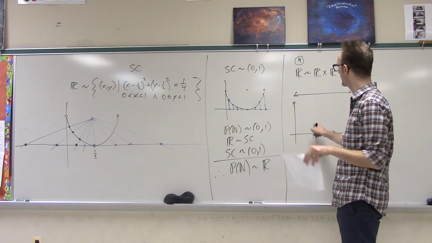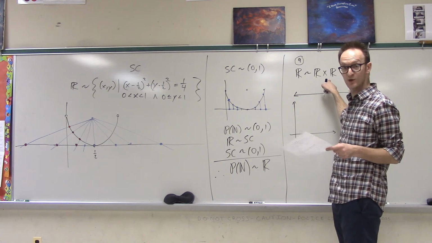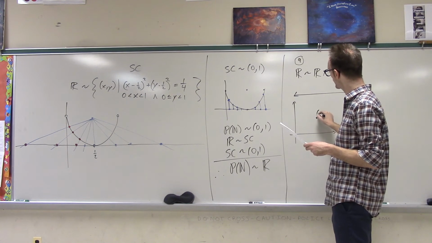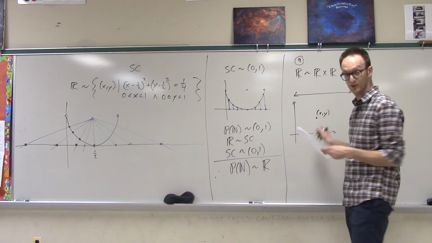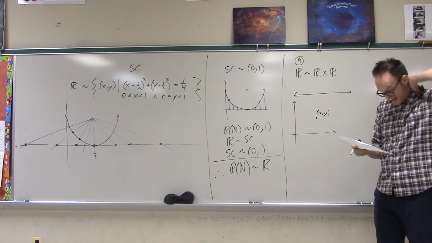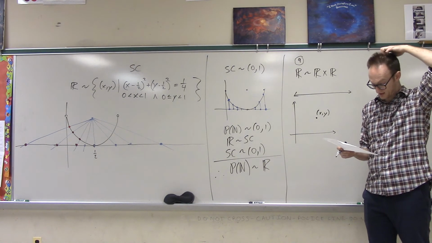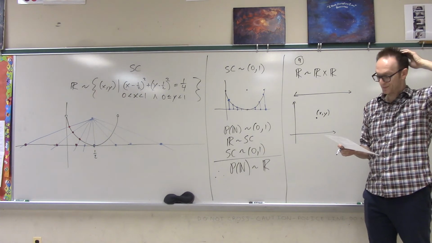So take an arbitrary, what I'm going to do is I'm going to show that these two are equinumerous by constructing an explicit bijection. So take some arbitrary point x comma y, this is some real number. Well, what is this saying? Oh, then